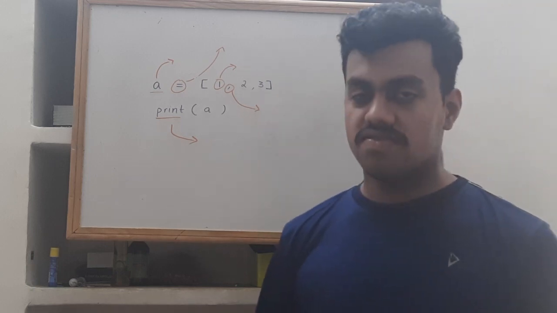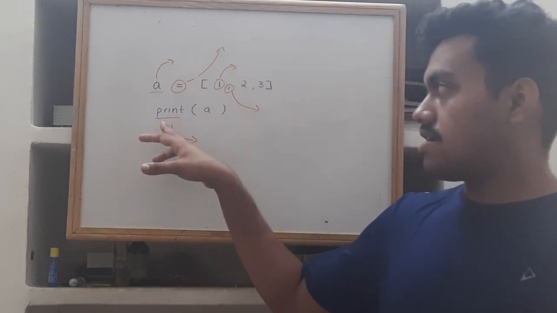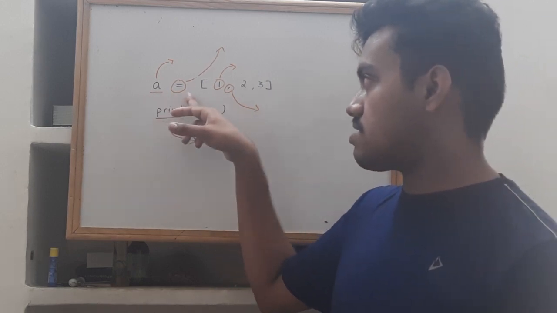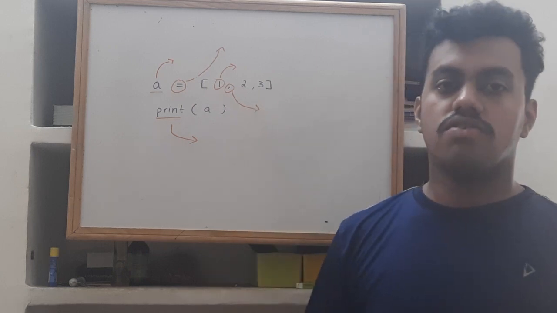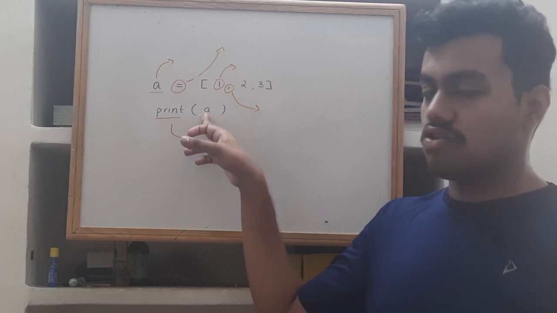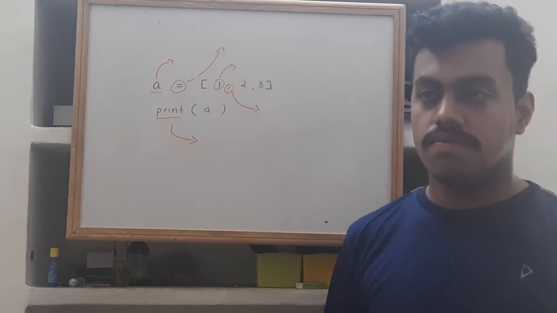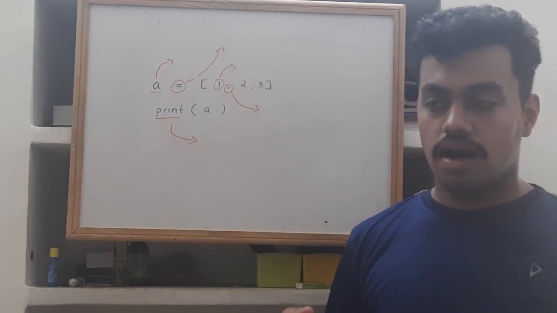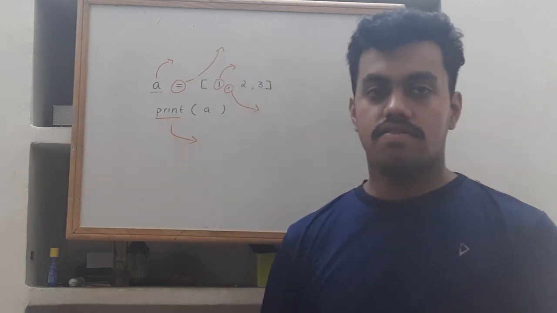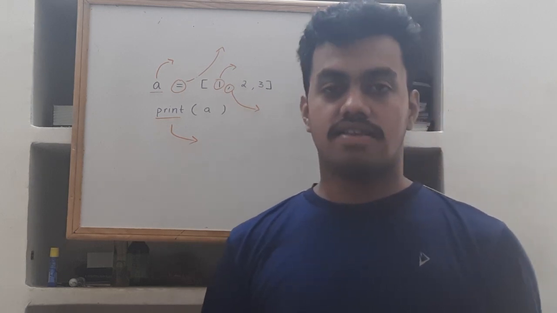I'll be using this to explain all of the tokens. The first type of token was a keyword. Like I said, keywords are restricted words, and one of them would be print here. I cannot say print is equal to 1, 2, 3, because print is a specific function in Python that gives you your output on the screen. So I cannot use print to store this list. But apart from that, there are other restricted words or keywords like if, else, return, stuff like that.